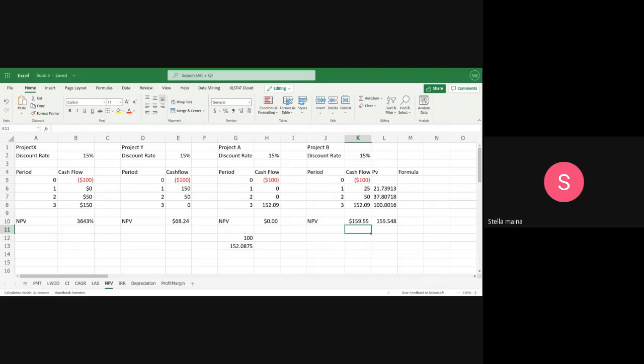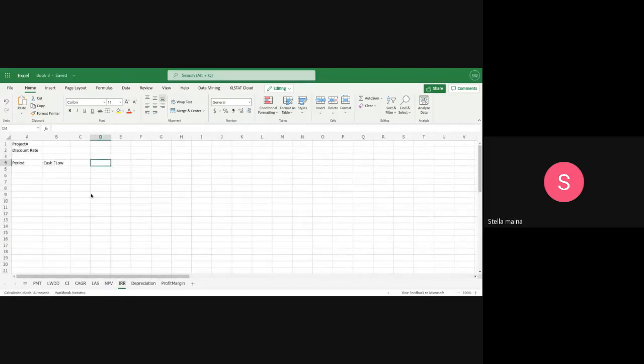So with that being said, I feel like we have been able to look at everything that we can on NPV, and in case of any questions, you can just ask in the comment section, or you can just type on the WhatsApp group for those who are in the WhatsApp group. Okay, so let us move to